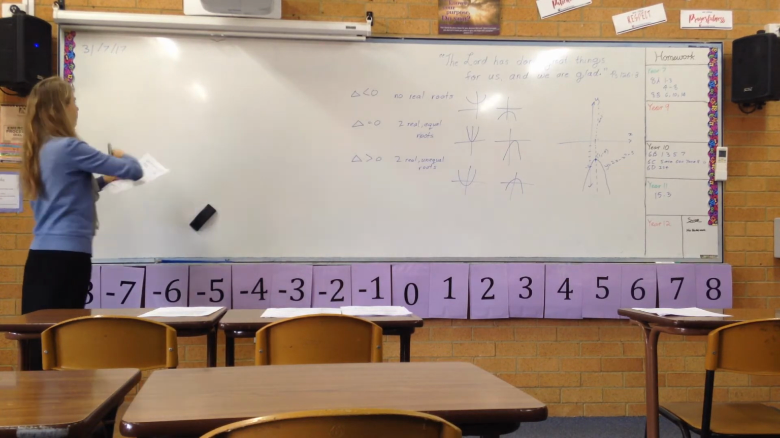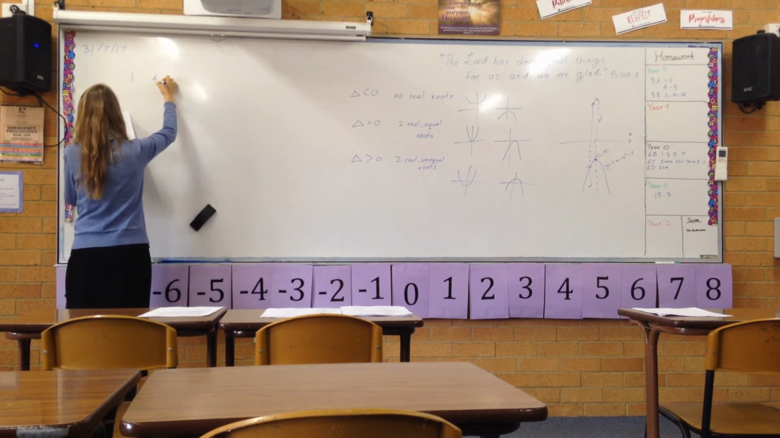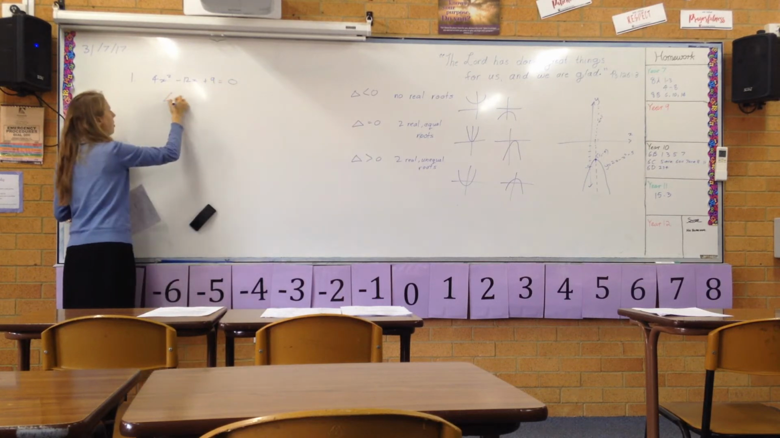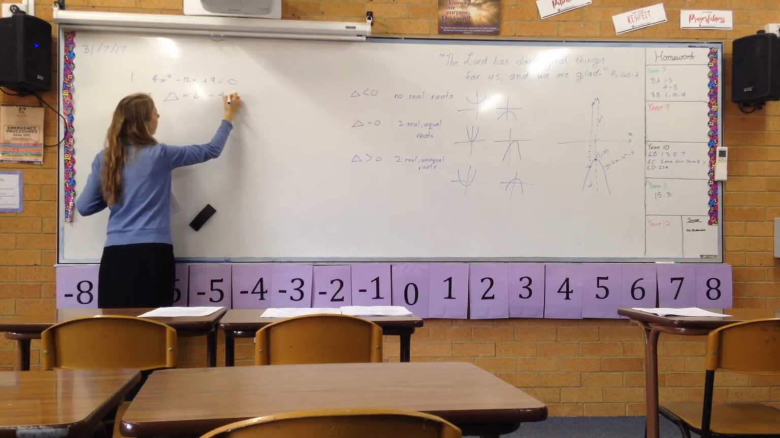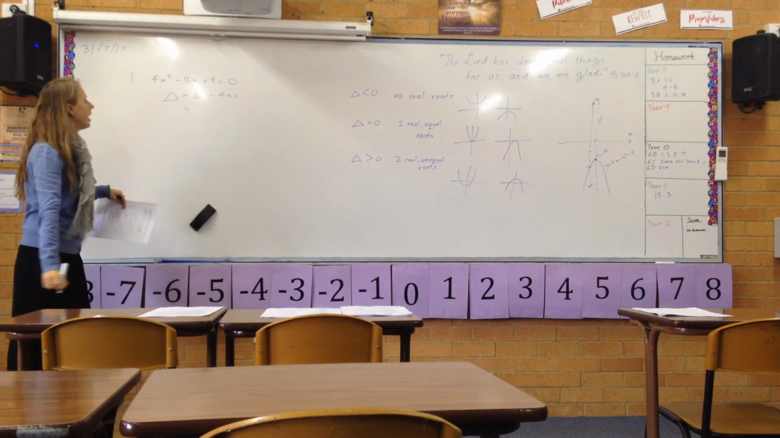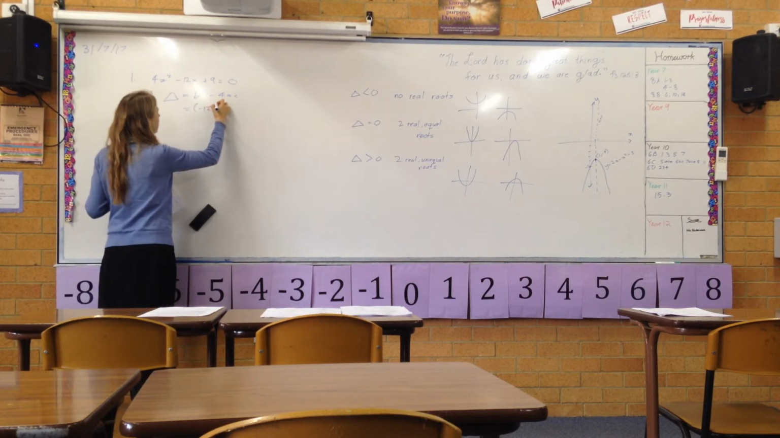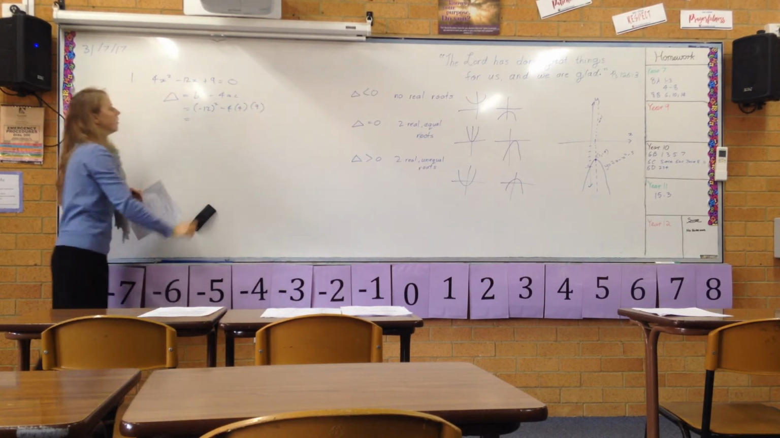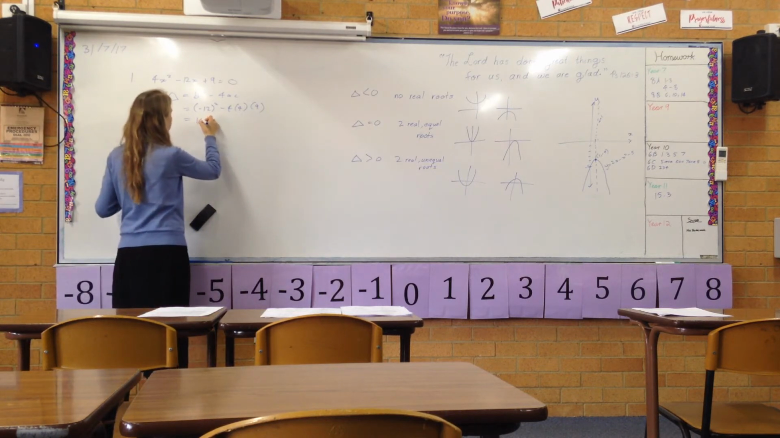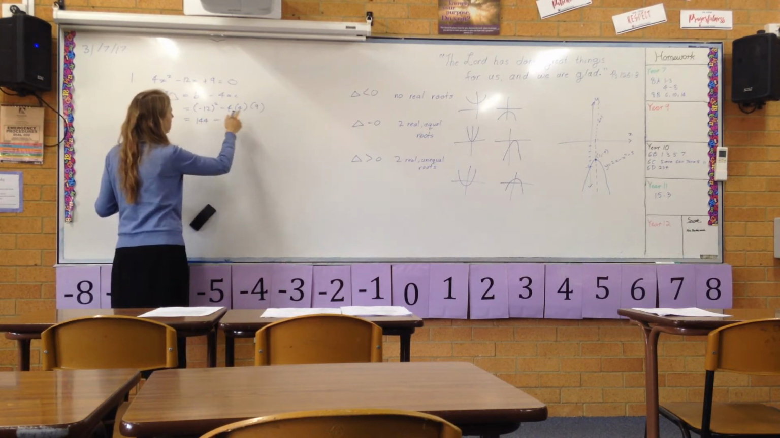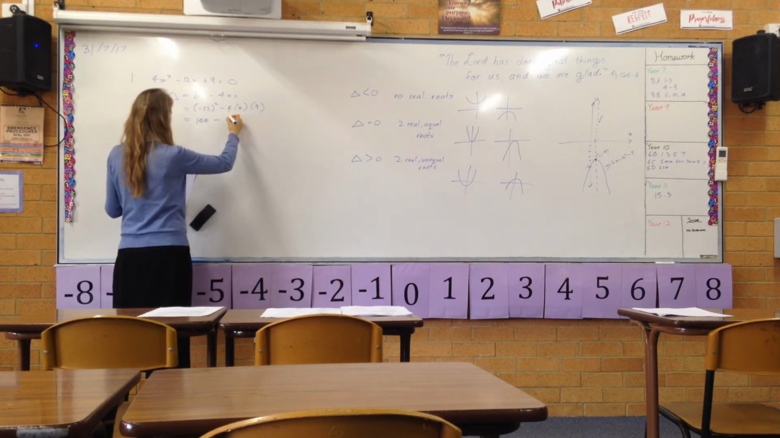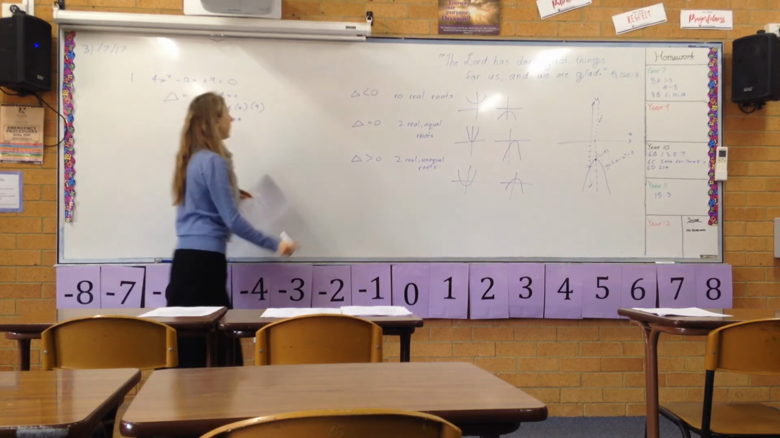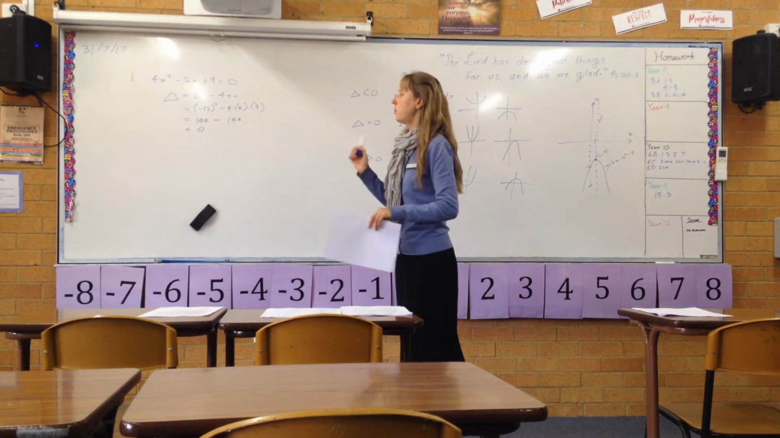So example 1. I have 4x squared minus 12x plus 9 equals 0. So my discriminant, b squared minus 4ac, b squared, so we have minus 12 squared minus 4 times 4 times 9. b squared, we've got 144. 16 times 9 is once again 144. Okay, so we've just shown that the discriminant is